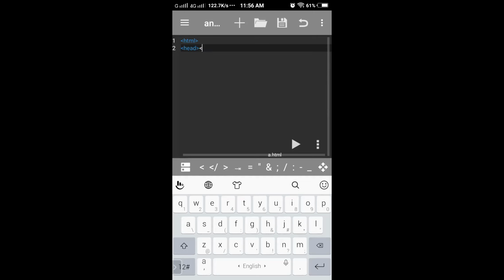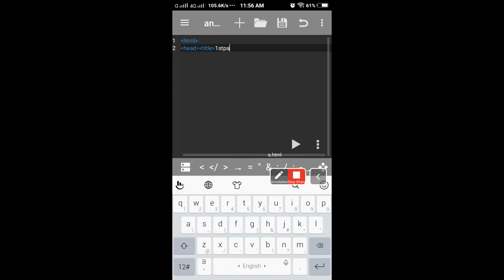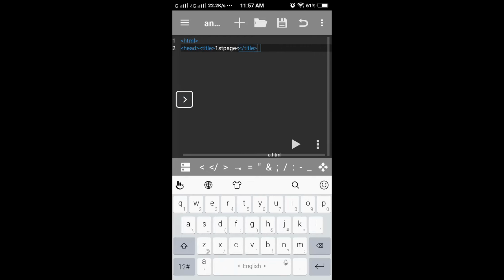Then we have to write title. The first page I have written as a title in the computer, so the same title I will give here. Now close title. Close head.